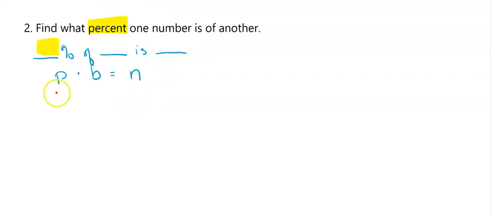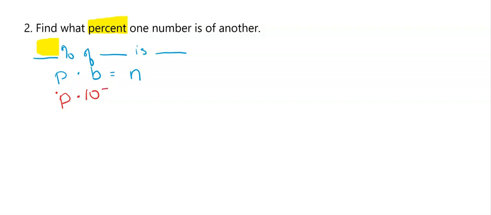The next kind of problem I'm going to solve is when we find what percent one number is of another. If you will look on page 6 at example 2, it says, what is the percent grade of a road that rises 900 feet in 10,500 horizontal feet? Give your answer to the tenth of a percent. So I don't know what my percent is. So that's what my N or my variable is going to be, because I don't know. And then my base, the original, is